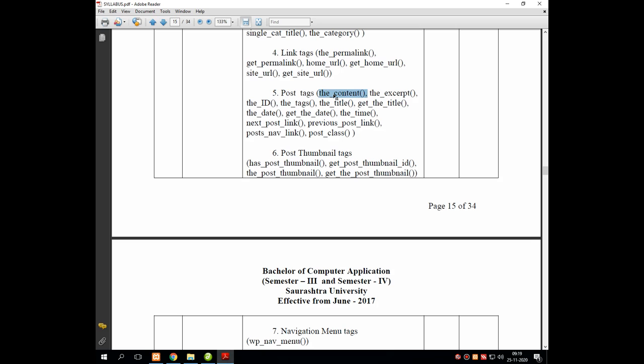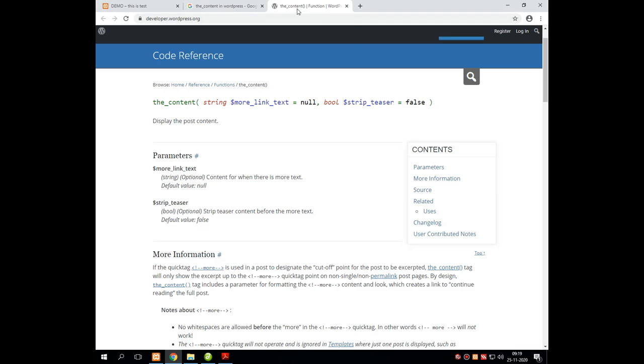Now before starting with the specific functions, all these functions reside under the category called post. That means all these hooks, all these functions work with the post which is created by the user in the WordPress dashboard, right? So the_content displays the content which is stored inside the post. Whenever you use this particular function, the_content, it will display the content of the post or posts created by the user in WordPress.